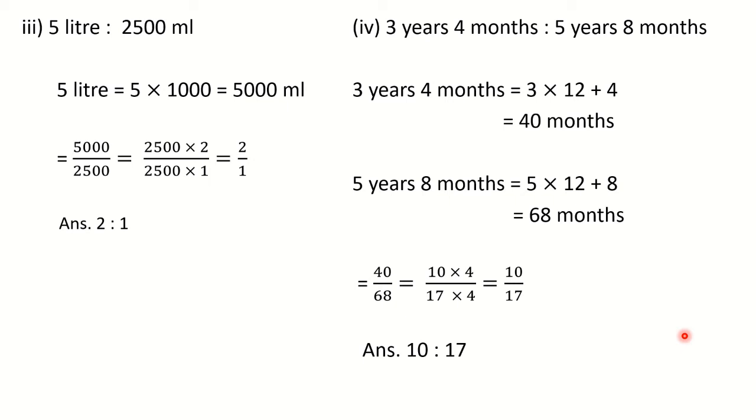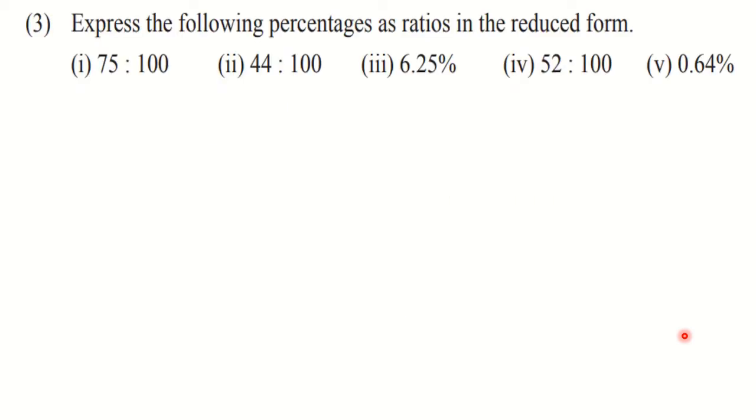Let us go further now towards the next question. Question number 3. Express the following percentages as ratios in the reduced form. You know that percentage is a special kind of ratio whose second term is 100. Always the second term is 100. Now here the symbol percentage is given. It means that